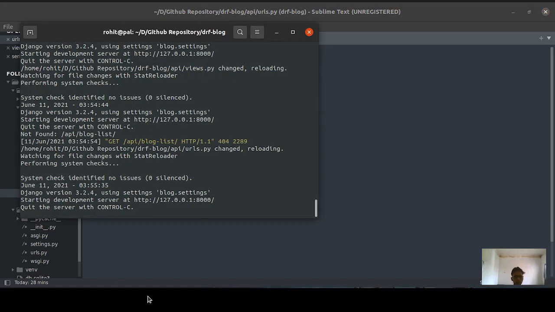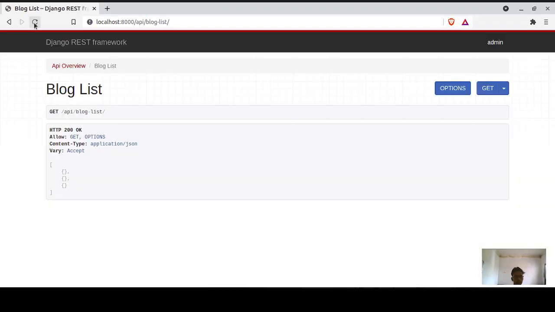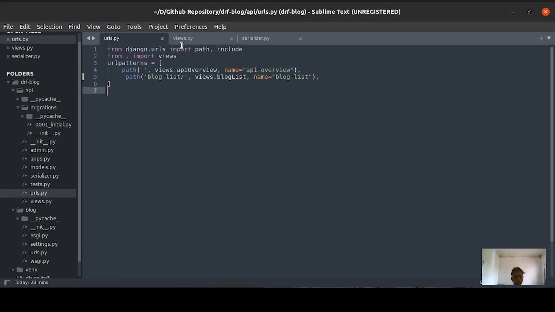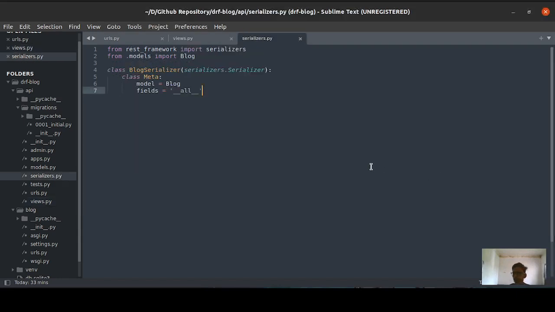Let's see if our server is running. Oh, we are getting some empty data. Let's try to check it from here. So basically it took me quite a while to figure out the issue.